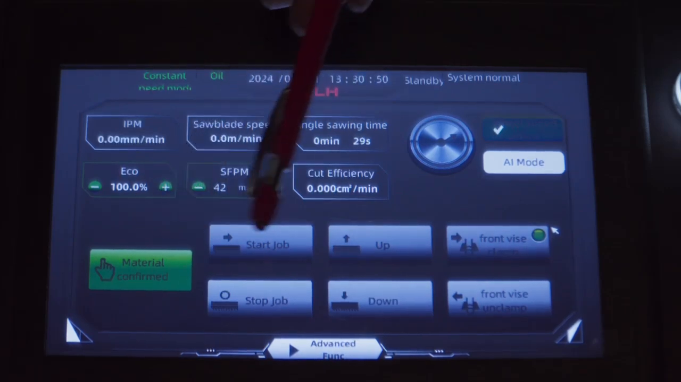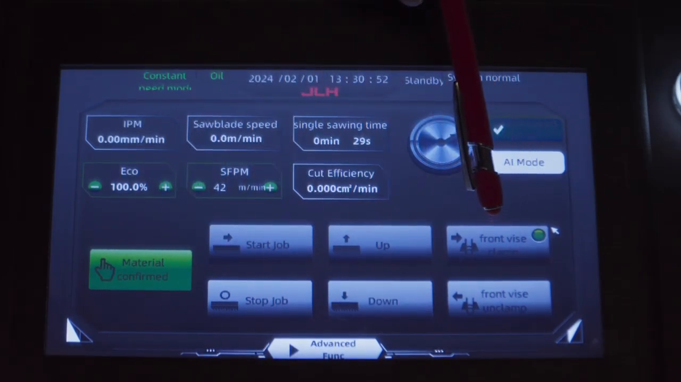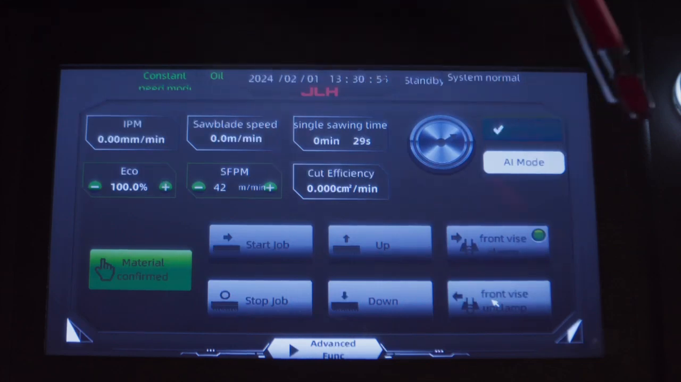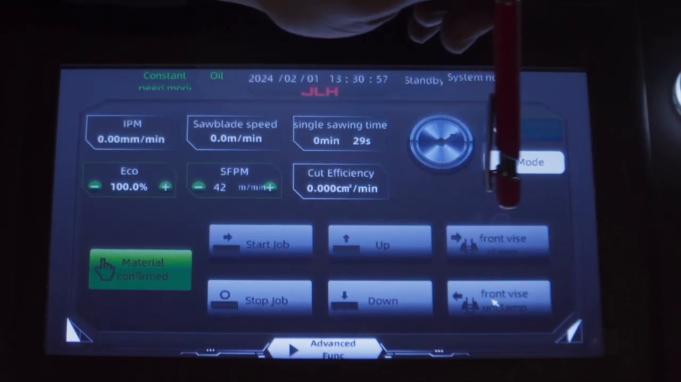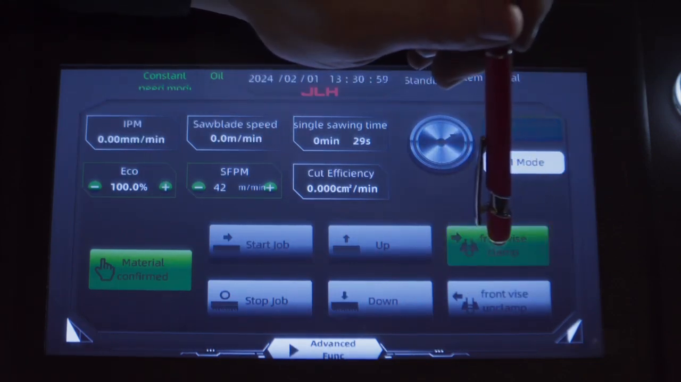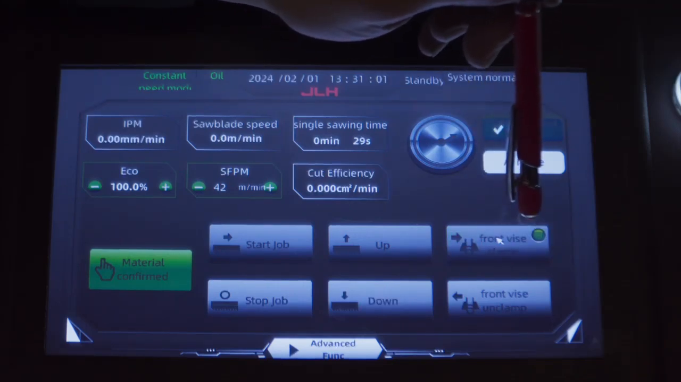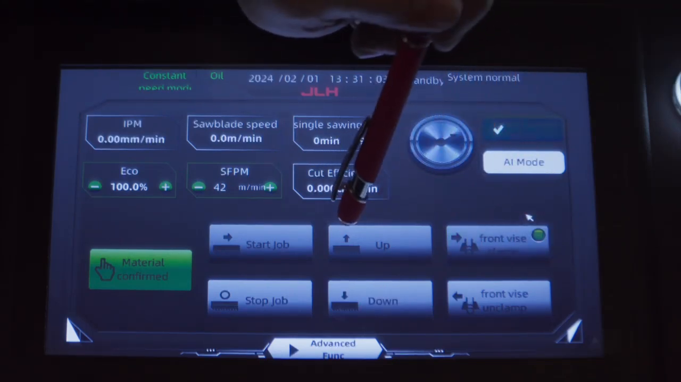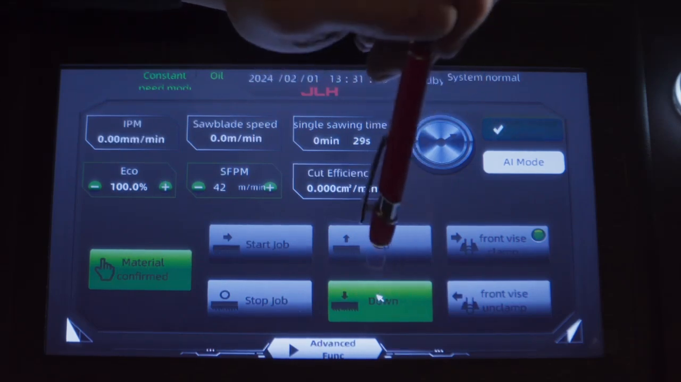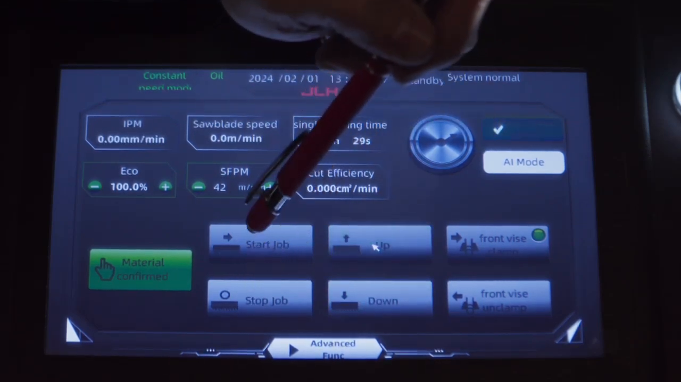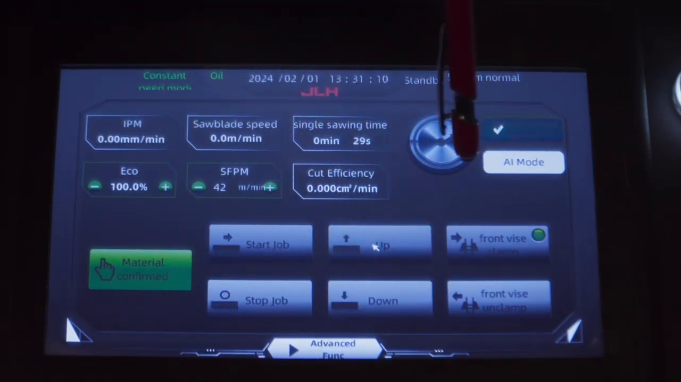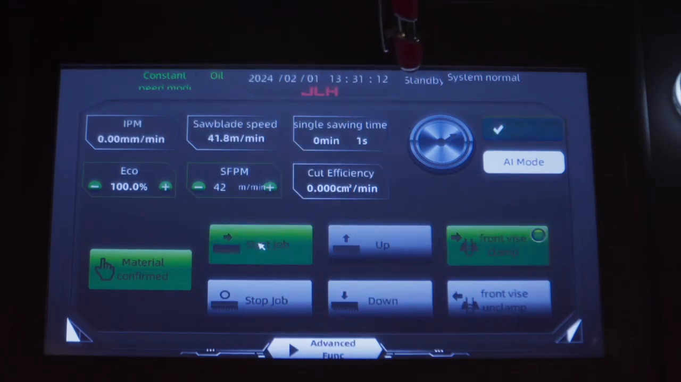You see that the material is confirmed. Basically the front vise is clamped, so when I want to unclamp, then you unclamp the vise, the green button goes away. When you keep it clamped, then you see here on the green button that pressure is on. Saw bow up, saw bow down, start job, stop job. So the moment I start the job, I've chosen the manual feed,